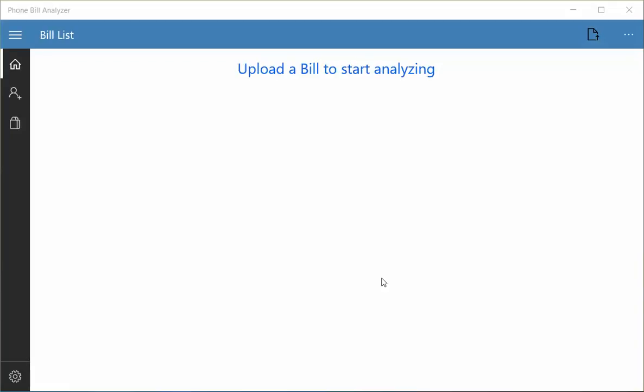So here we use the phone bill and we map the phone numbers in the phone bill to the contacts in your phone book, in your mobile or in your tablet, wherever you are using this application. And thus, we simplify the way you look at your phone bill and we simplify the way you understand your phone bill. So let's start by uploading and analyzing one such bill.